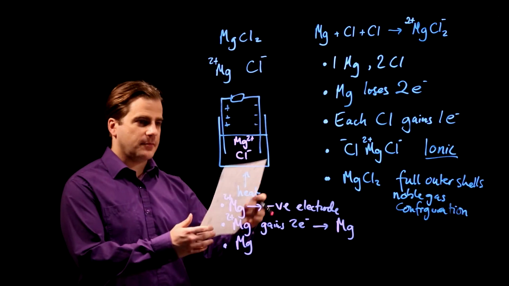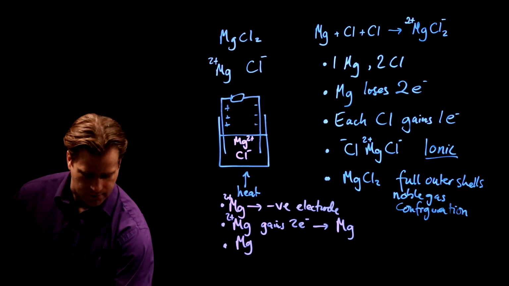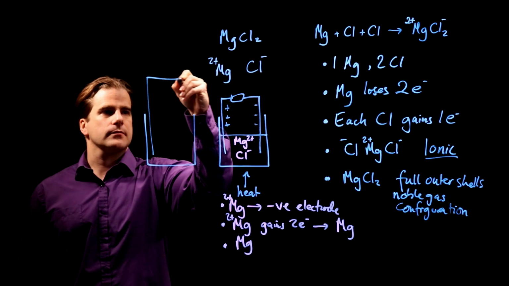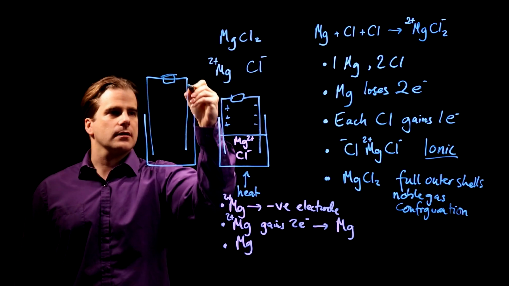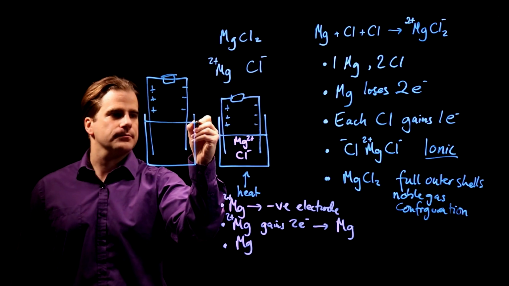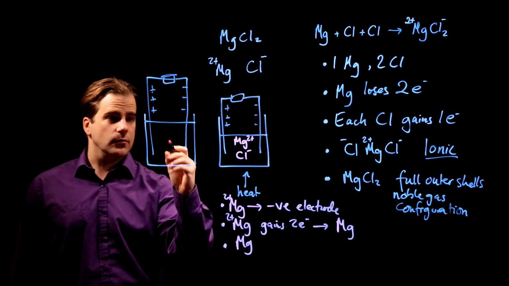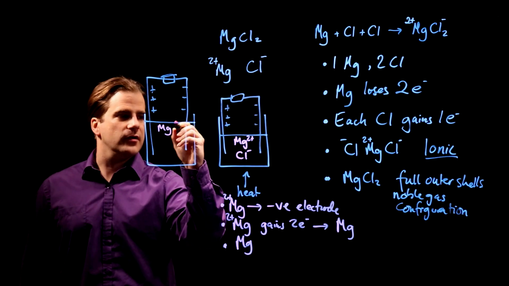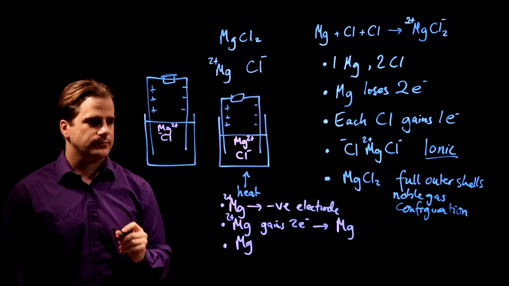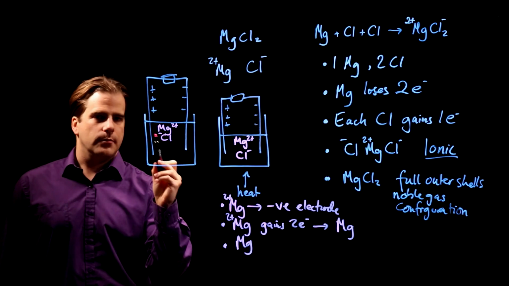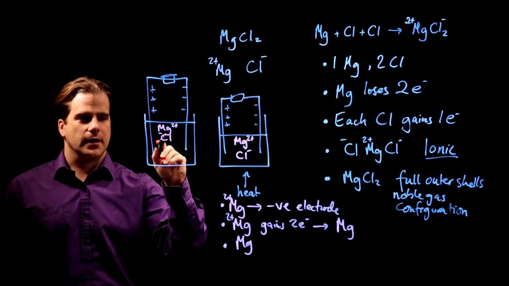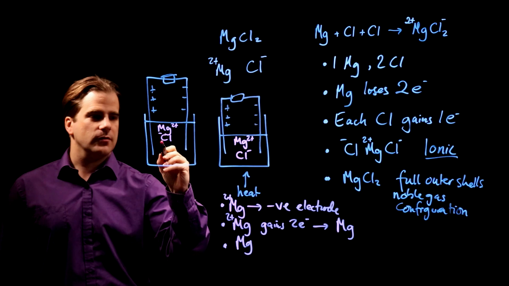Right, in the other experiment, where we still have a negative electrode here, positive electrode here, but this time it's in water. So we've got Mg2 plus, Cl minus, okay? But it's also in water. Now water dissociates into H plus